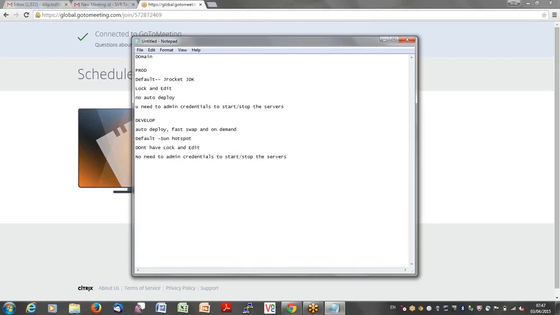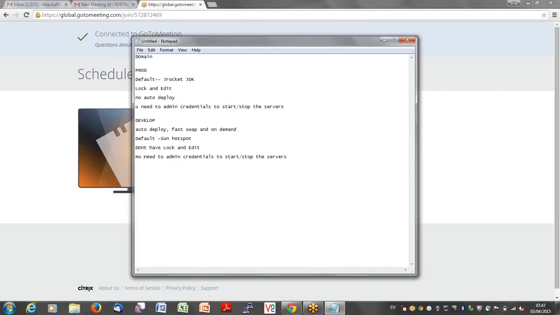Because production boxes should have some security, to start and stop the servers you need to give the credentials. It will validate that username and password. If you are a valid user, then only it will allow you to start or stop the server in production. But in the development environment, you can simply start and stop your servers.